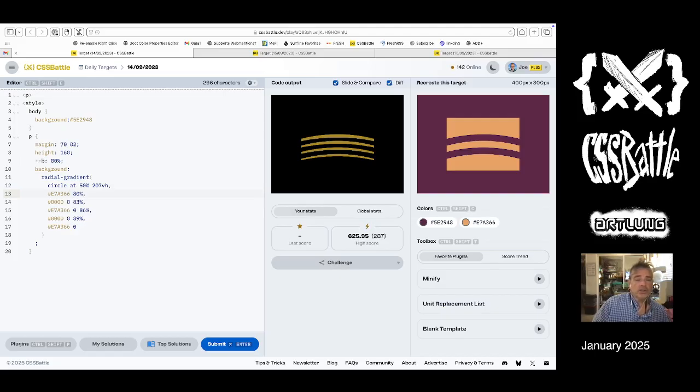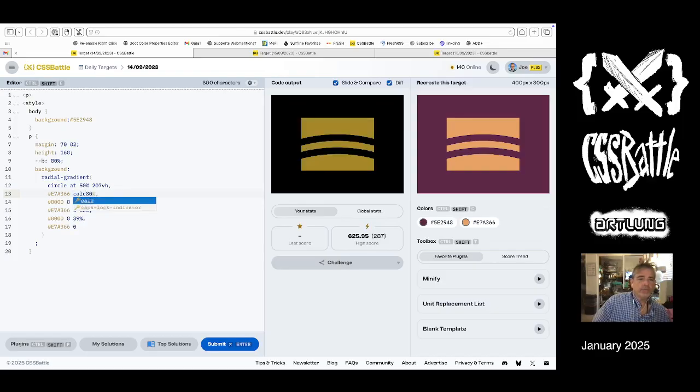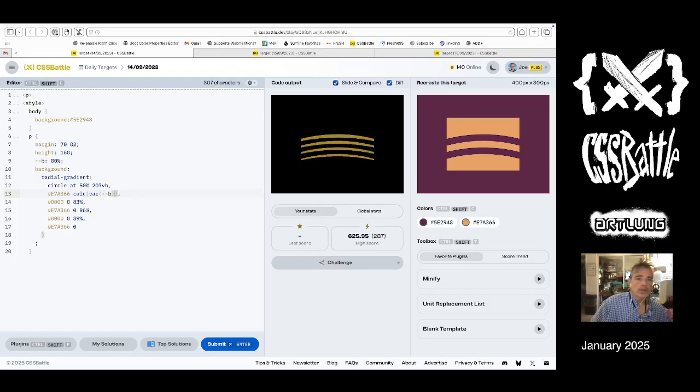Flex basis is a thing around which the size of elements in a flex context gets sized, I believe. Okay, so calc var basis,